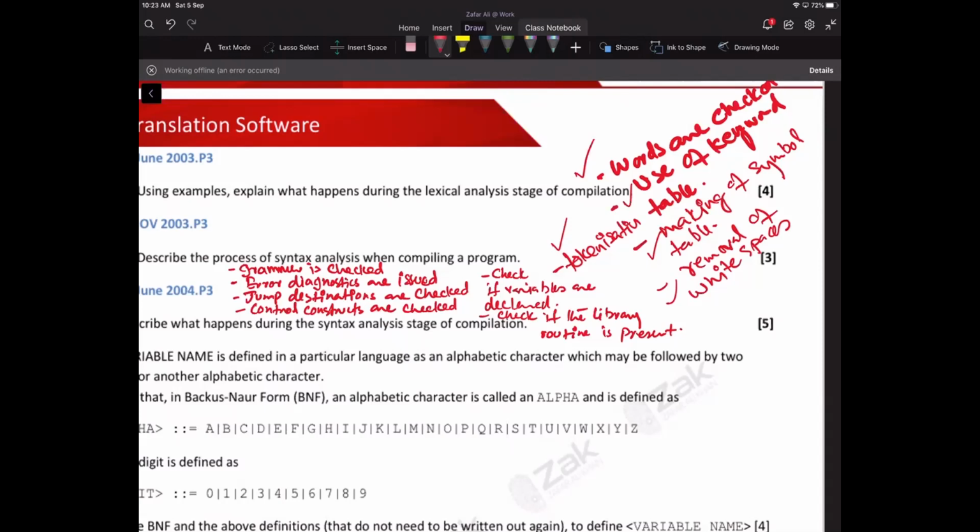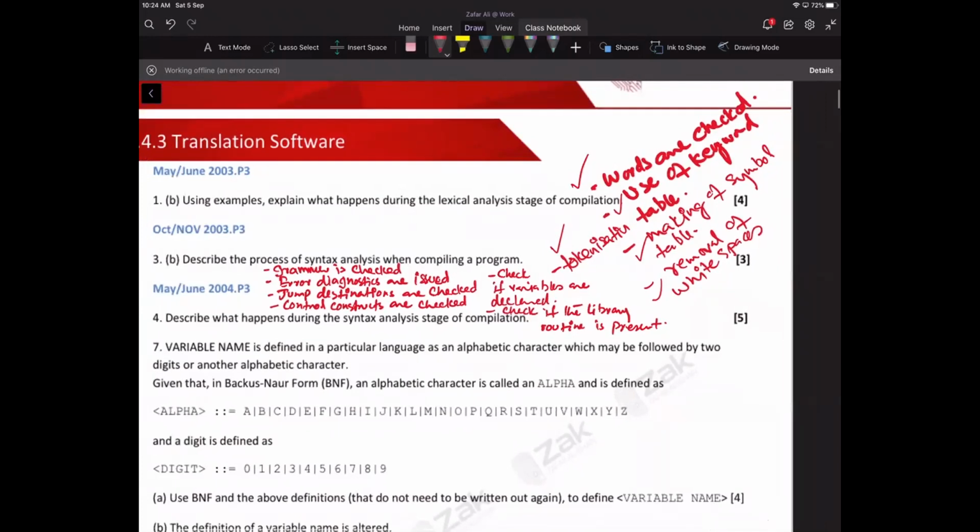Then check if the variable is declared. So if there is a token coming from symbol table, that means that it's a variable or it's a constant, so whether they are declared or not. Few of the languages that do not require declaration, like Python, so that is a check which is not happening in Python. But if it is a language where the declaration is necessary, like what happens at the level when we do programming in Visual Basic, there we need it. Check if the library routine means all the functions and procedure that we have called, if they are present or not.